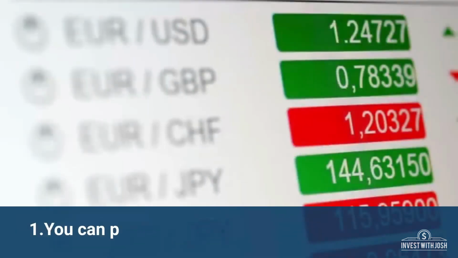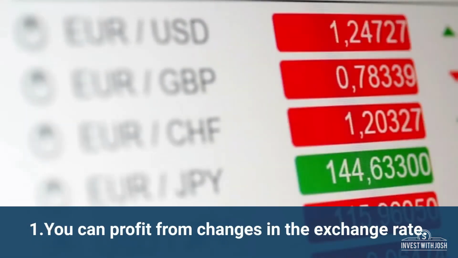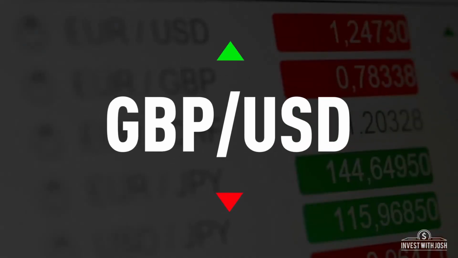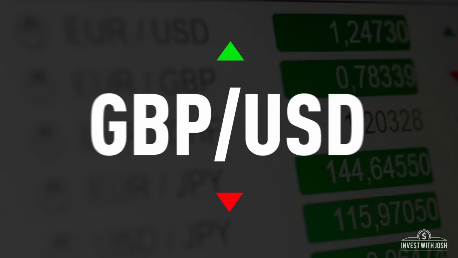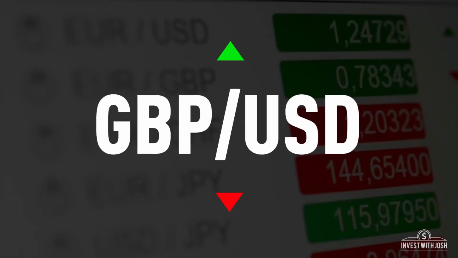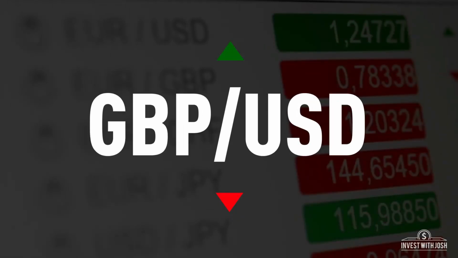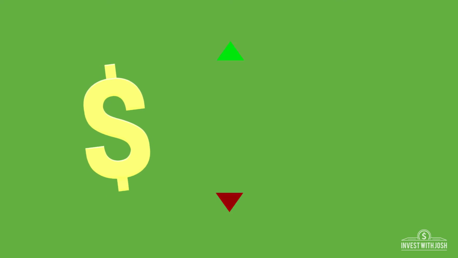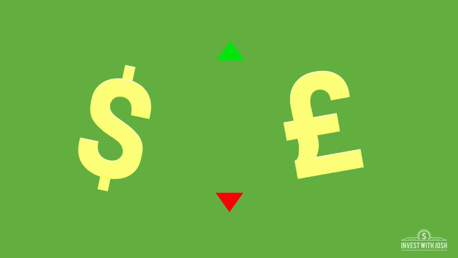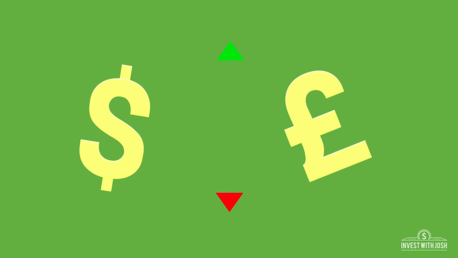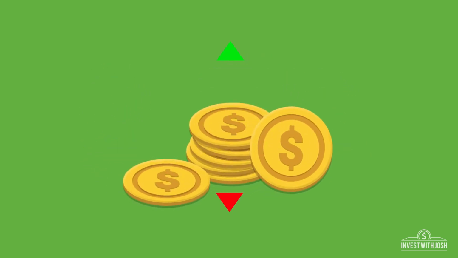Number one, you can profit from changes in the exchange rate. For example, GBP/USD is 1.735, which means that 1 pound can be exchanged for 1.735 US dollars. If the pound rises or the US dollar falls, a pound can exchange for more than 1.735 US dollars. That is to say, if the investor buys the British pound and sells the US dollar, the investor makes a